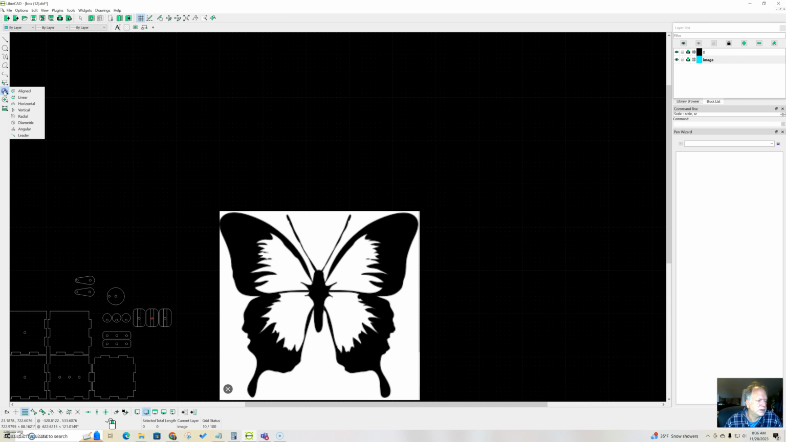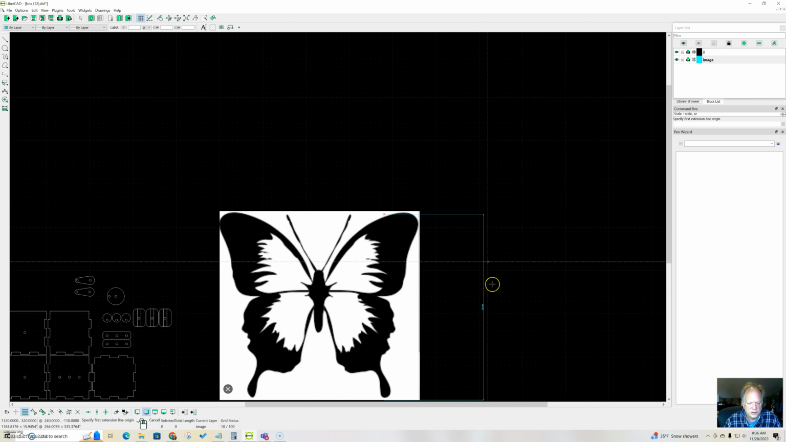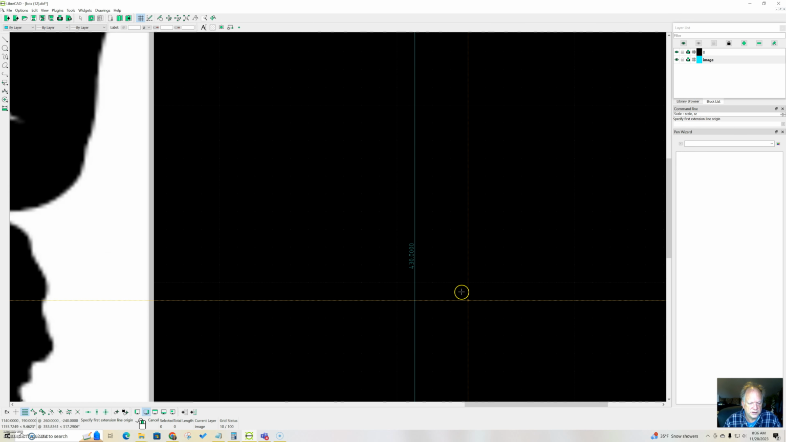I think what I'm going to do is make a measurement. I'll make a vertical measurement. I think I want this to be about 120, so it overhangs the box just a little bit. So I'm going to make a vertical measurement, and I'm going to go from here to there and drag it off. And let's take a look how big that is. That is